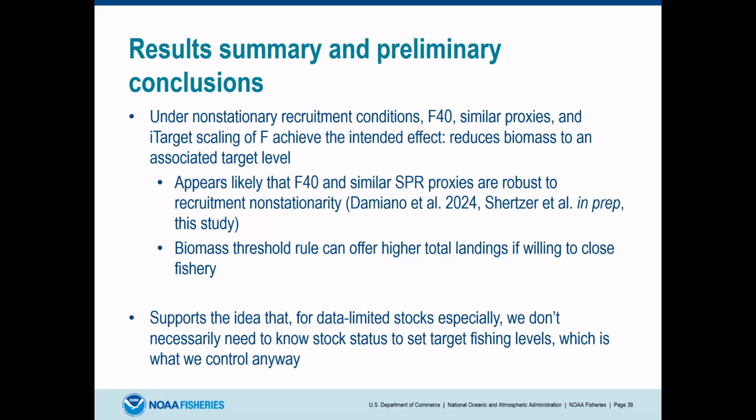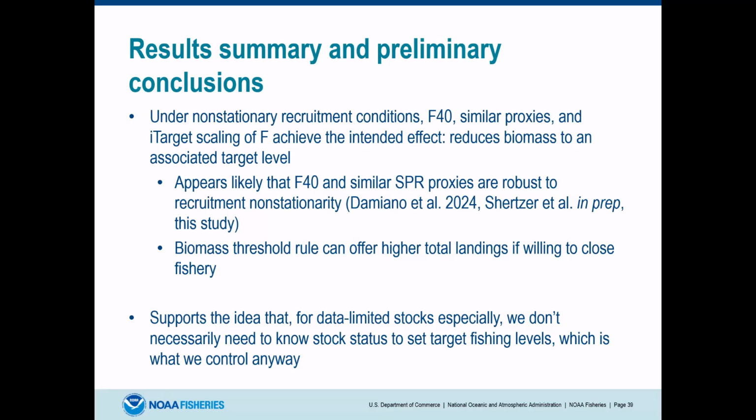And so the preliminary conclusions from this is under non-stationary recruitment conditions, F40, some similar proxies, and iTarget used to scale that F really do achieve the intended effect, which is if we don't know the underlying stock status or biomass, we can see that it gets reduced to a target level and is therefore likely to be robust to recruitment non-stationarity, which is technically something we saw in the MSE and something that we're seeing in those simulations that